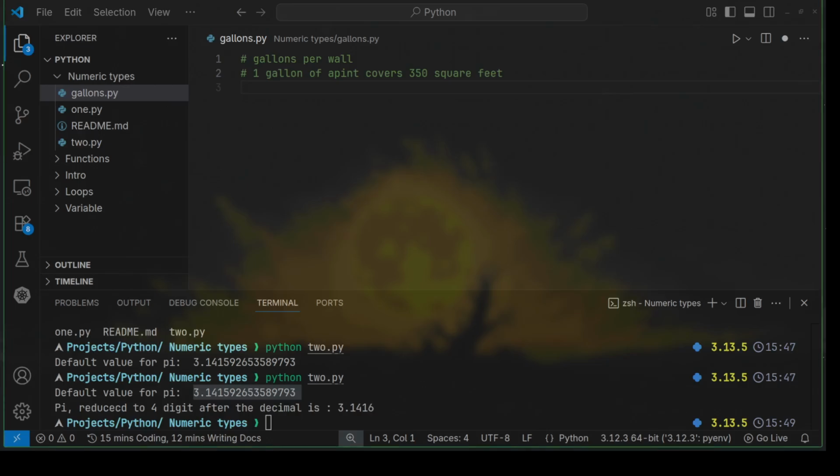So you'll want to cover it in floating point. Let's say we've set here that 1 gallon of paint covers 350 square feet. Now let's go step by step. We want to take in the wall area size from a user. So we're going to say wall area